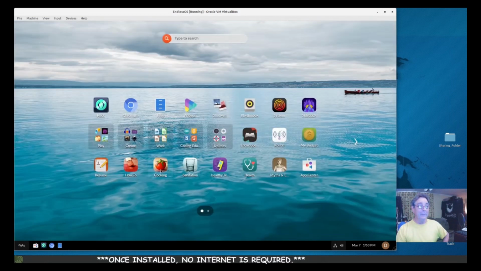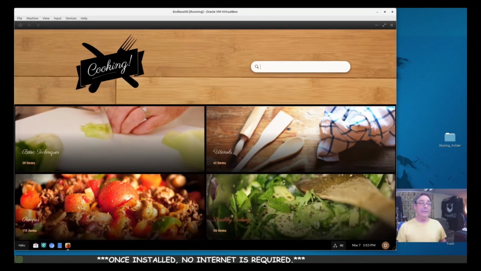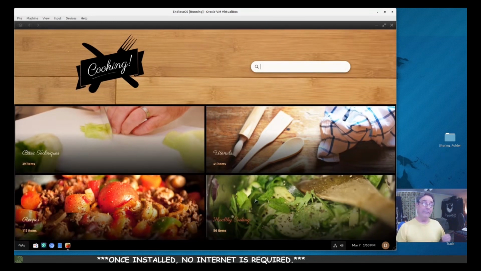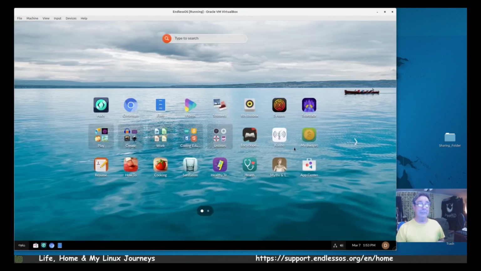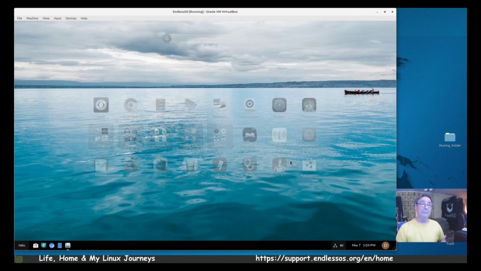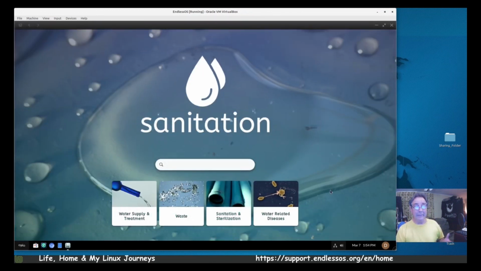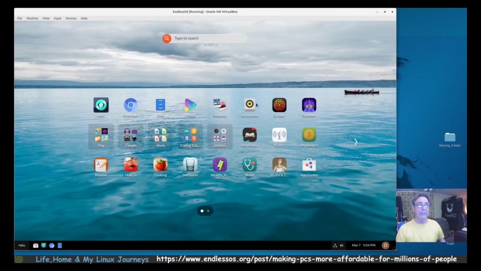Nice. Cooking. Now, I understood Colin of PCTLC, I heard him say one night on a Big Daddy Linux show that they had tried some of the recipes and they were decent. What a heck of a thing for me to remember. Sanitation, I'm sure that's trying to teach you how to take care of your waste and get water if you need it. Healthy teeth, health, myths and legends. I would be fascinated in that one as well.